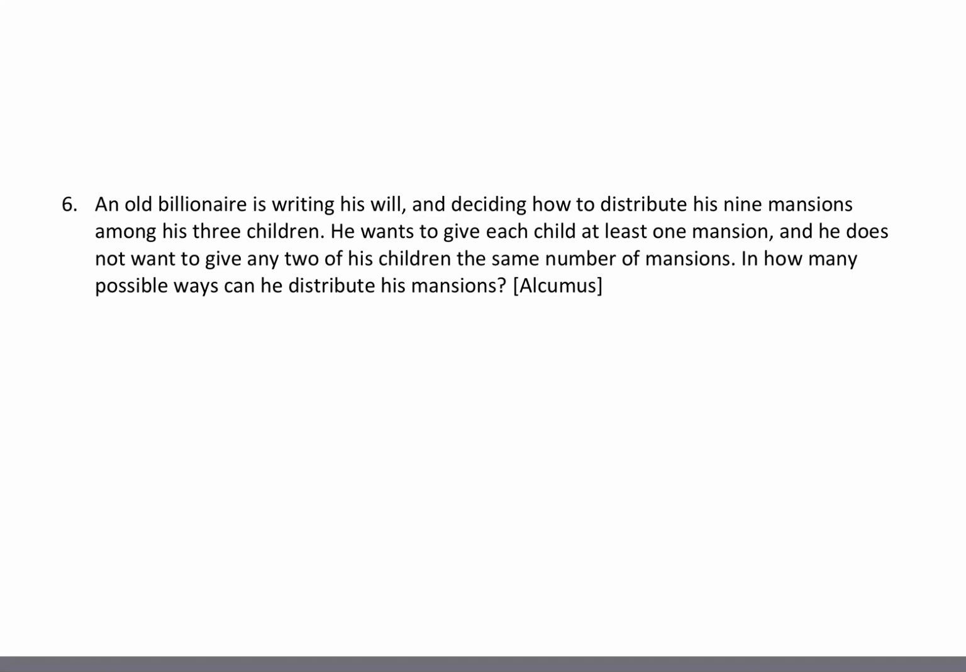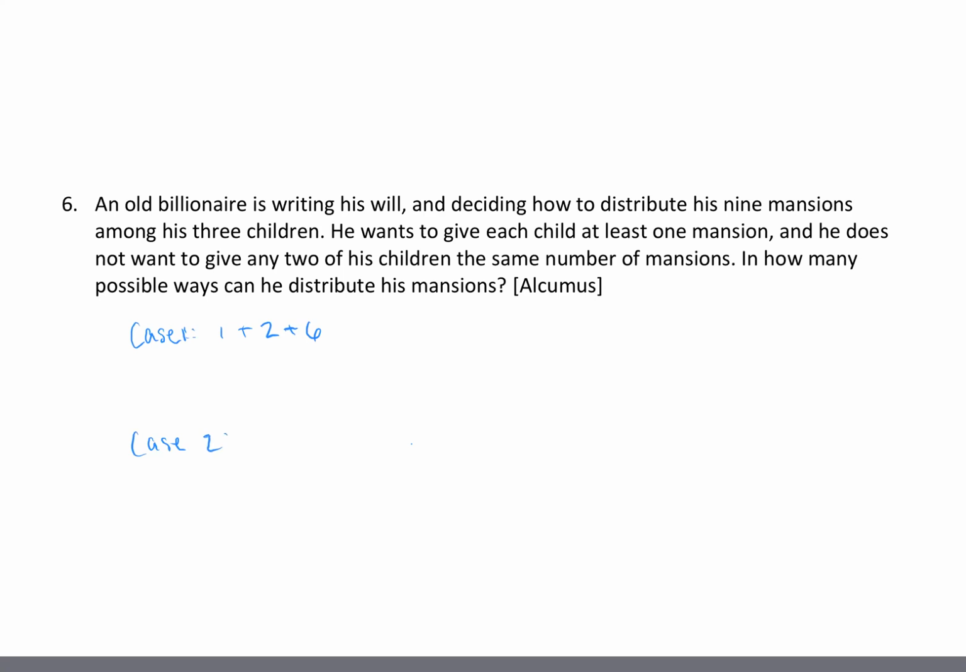Okay, so looking at this problem, it seems that we're going to have to be doing casework on how many mansions each child receives, right? So you can go case 1. Let's say the first child receives 1 mansion, and then we can't have the second child also receiving 1 mansion because every child has to have a different number of mansions. So we can say that the second child will receive 2, and then this leaves the last child with 6 mansions. And then case 2,